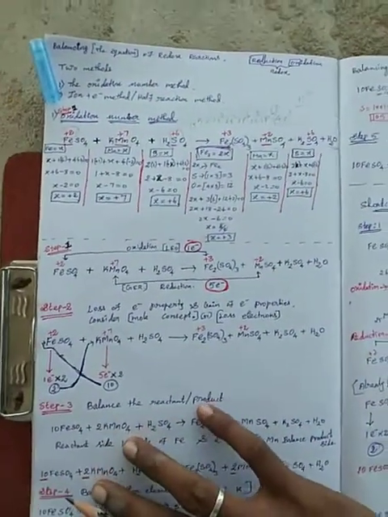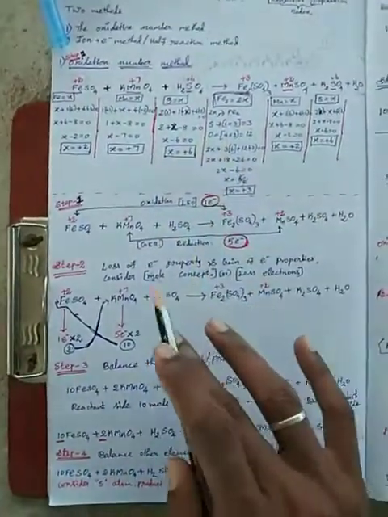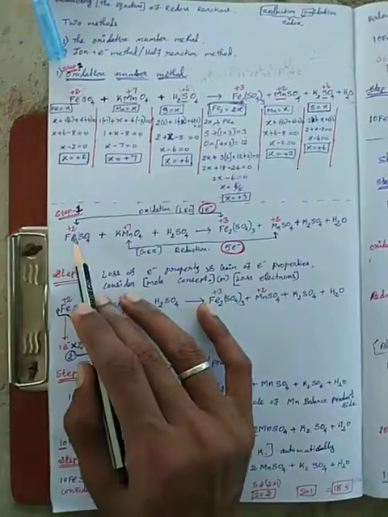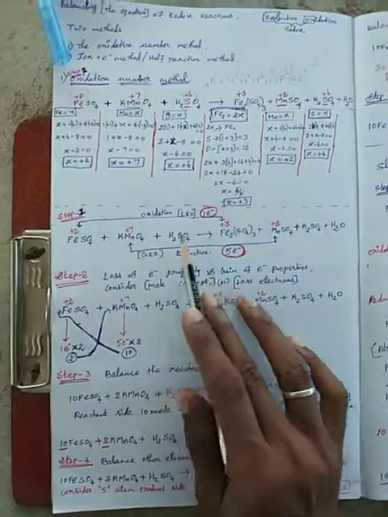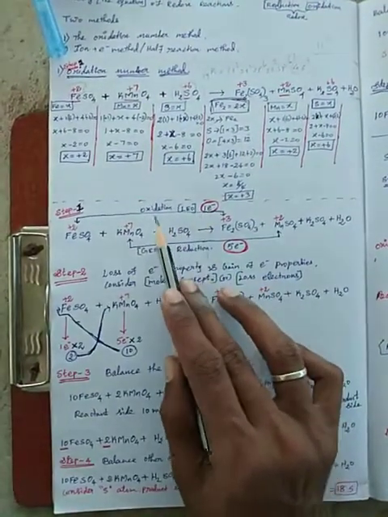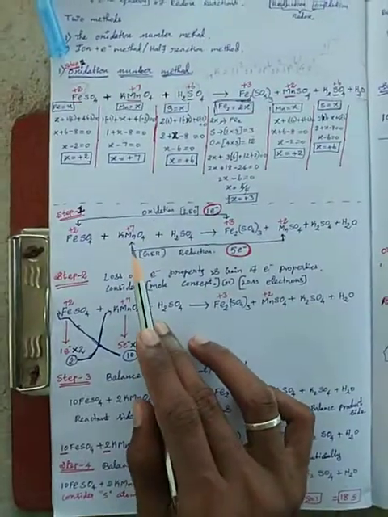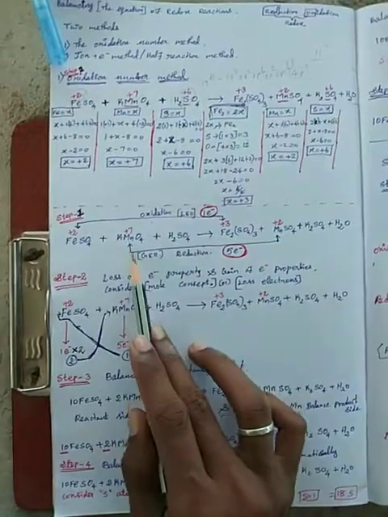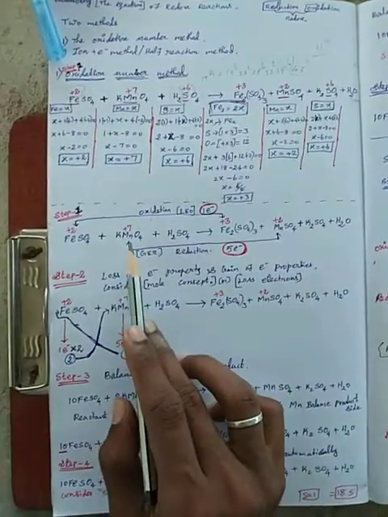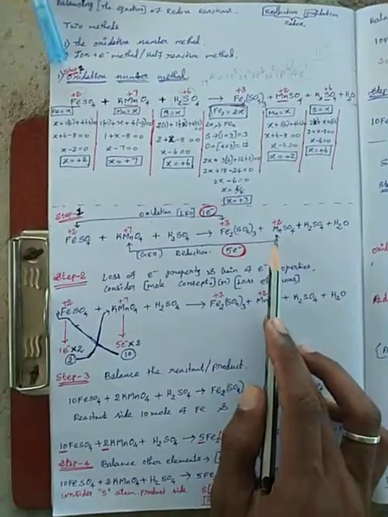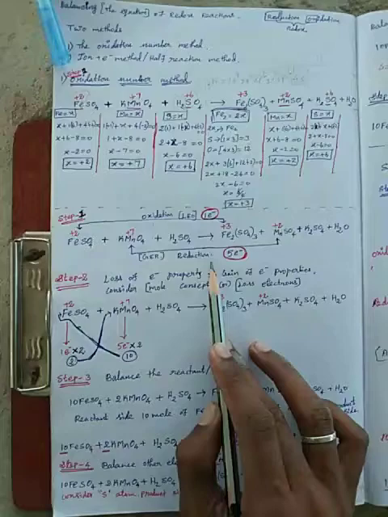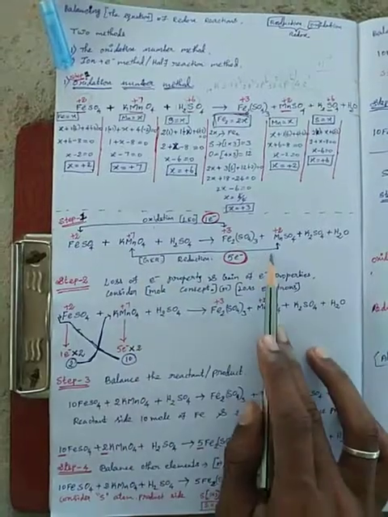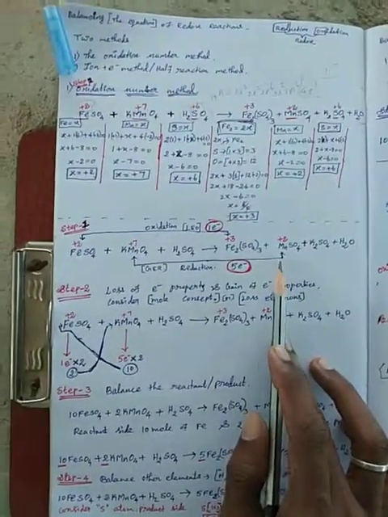So the first step is to find the oxidation numbers. The oxidation reduction process will be mentioned. On the LHS, Fe2+, on the RHS, Fe3+, so 1 electron is lost. Loss of electron is oxidation, students. And next, in the reactant part manganese is plus 7, but in the product part plus 2. So how many electrons are gained, students? 5 electrons are gained by manganese. Gain of electrons is the reduction process. So iron in the reaction, loss of electron, is oxidation. Manganese is also a reduction process involved in the redox reaction.